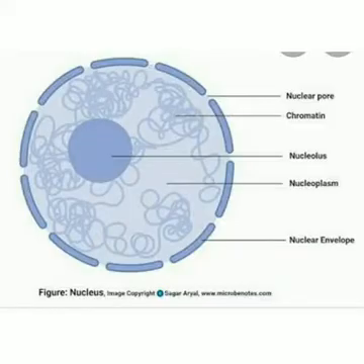Now we will study the structure in detail. Students, pay attention to the diagram. As you can see, the nucleus is separated from the cytoplasm by a membrane. It is known as the nuclear membrane. This membrane is also porous and allows the movement of materials between the cytoplasm and the inside of the nucleus.